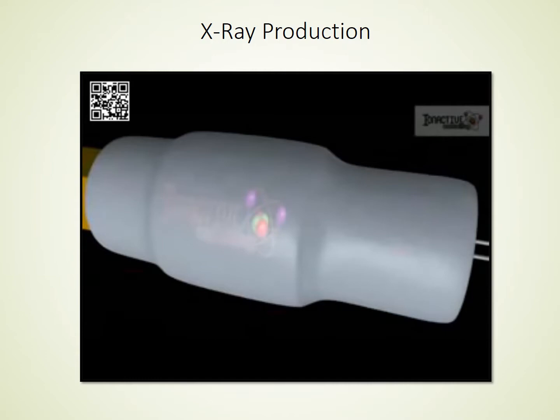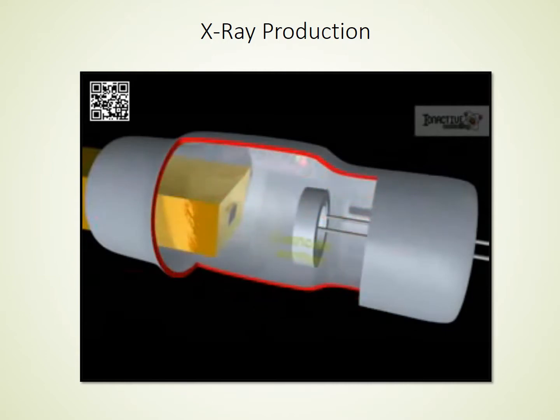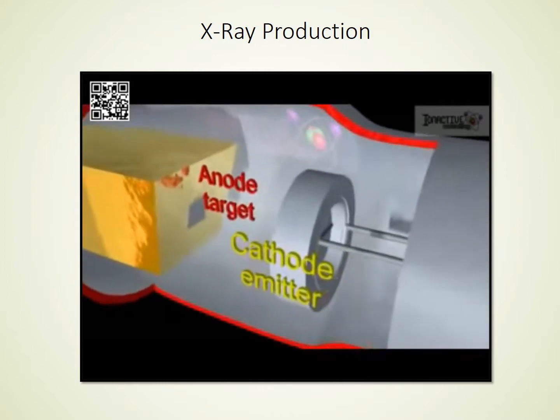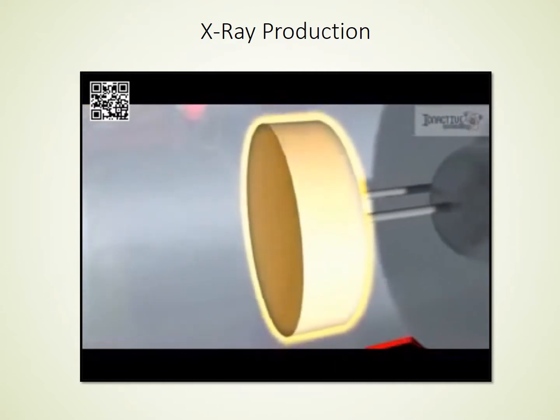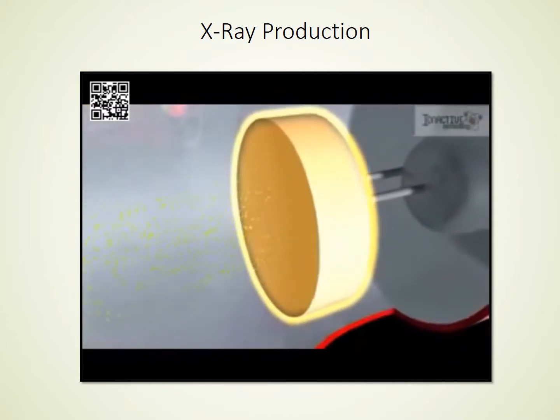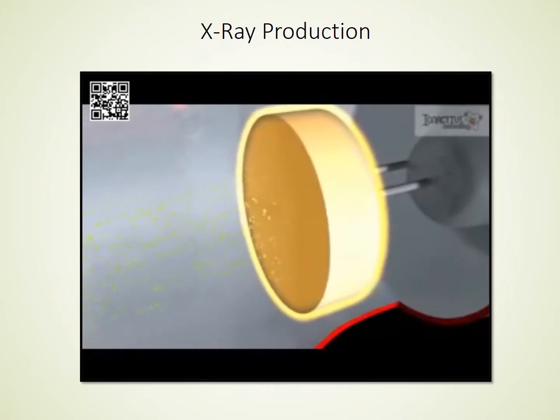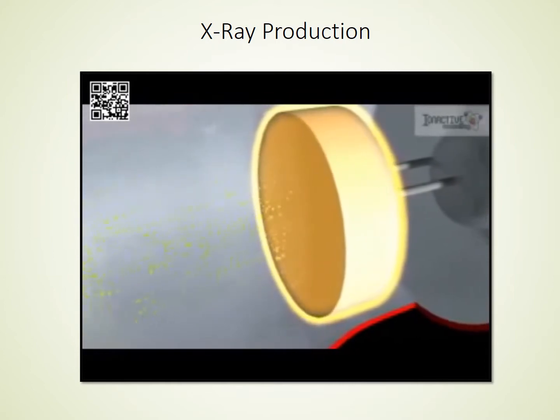An evacuated glass envelope contains two essential items, the cathode emitter and the anode target. A large potential difference of typically 100,000 volts is maintained between the anode and the cathode. The cathode emitter is a piece of metal that is heated by a low voltage supply. Electrons are liberated at the cathode by thermionic emission and are accelerated in the electric field between the anode and